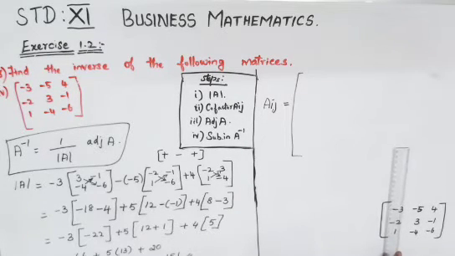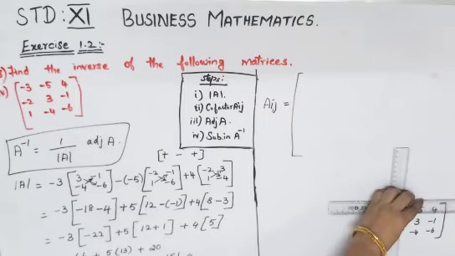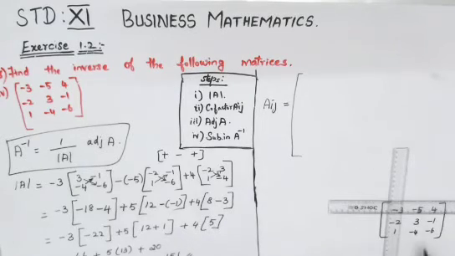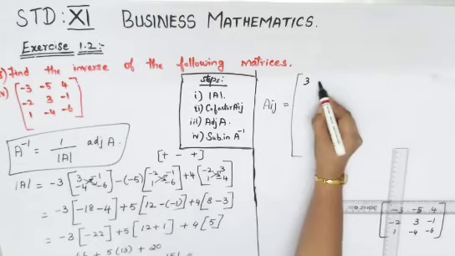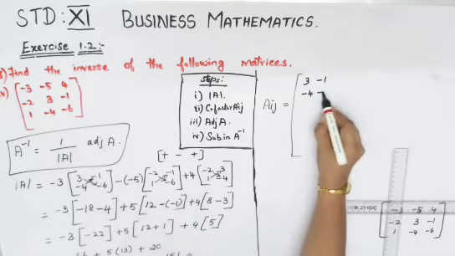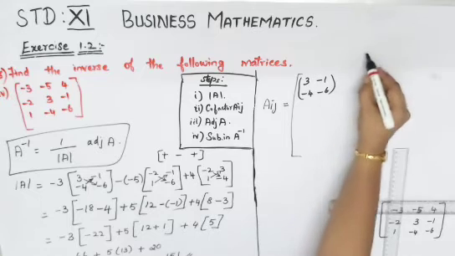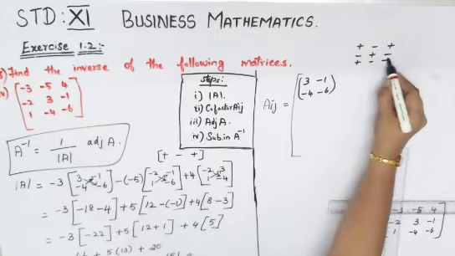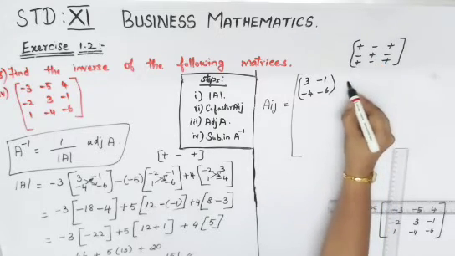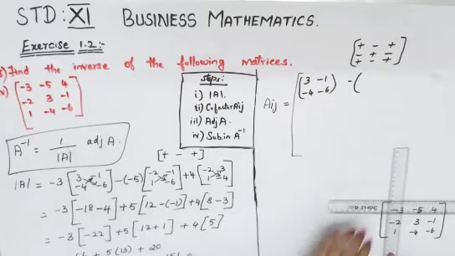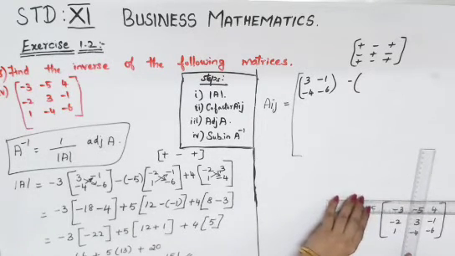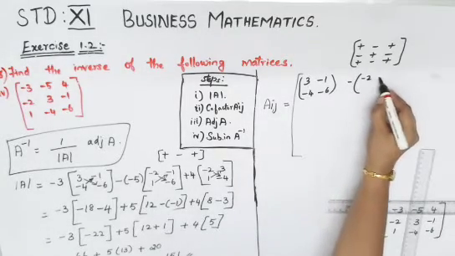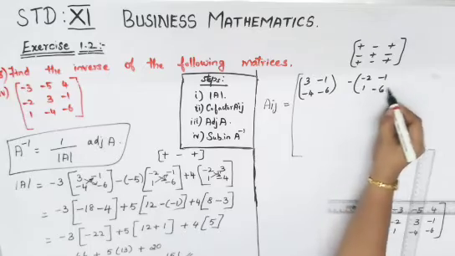So the regarding column and the row you will have to eliminate it. So the left out will be the minor of your first term, it is minus 3. So you will have 3, minus 1, minus 4, minus 6. And your format will be plus minus plus, minus plus minus, plus minus plus again. So the second term will be minus, open your bracket. The second column and the first row has to be eliminated. So left out is minus 2, minus 1, 1 and minus 6. So minus 2, minus 1, 1, minus 6.